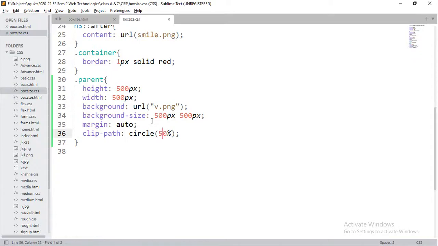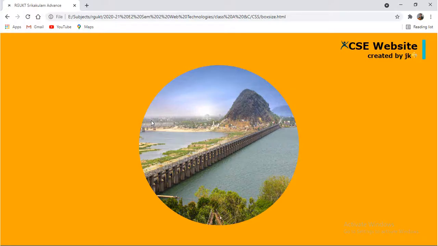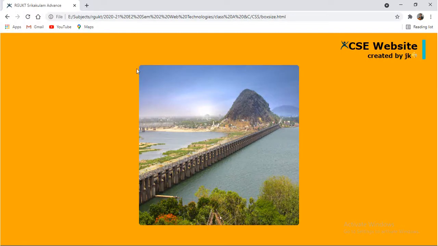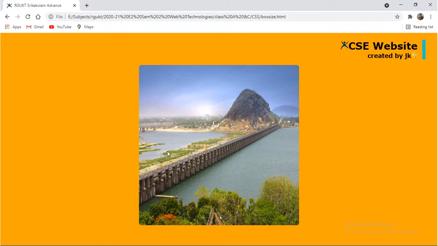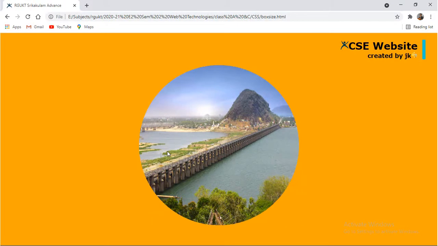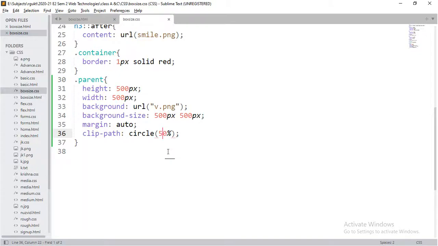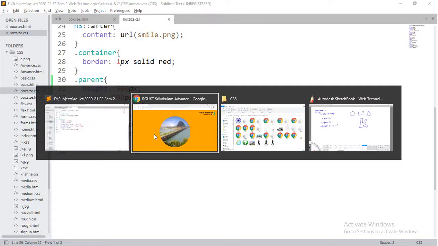If you go with the other values, you won't observe that. Observe, you are getting clipped corners. If you go for 50%, as you have seen with border radius also, then you can visualize it in the form of a circle. Like this you can get. Or if you want to go for an ellipse size, you can go for that.